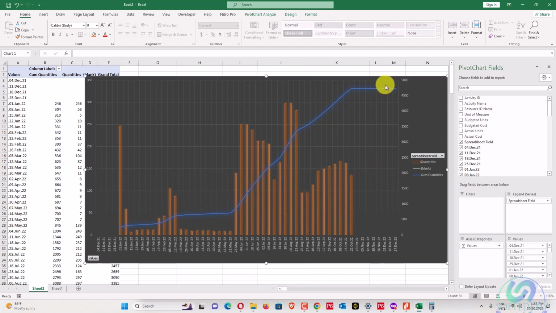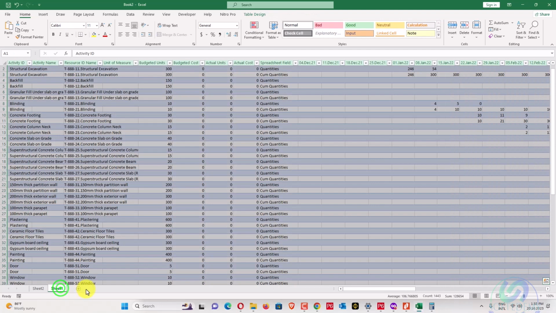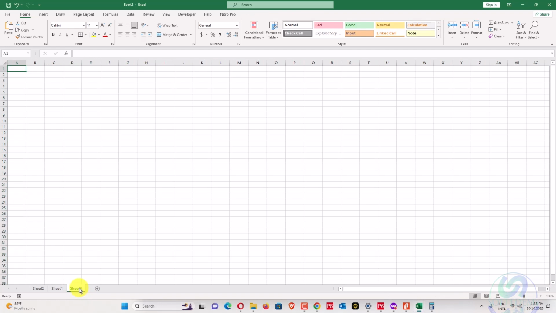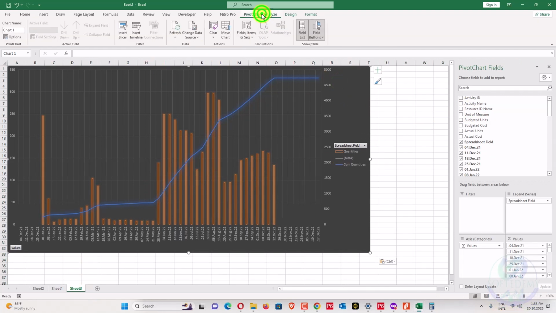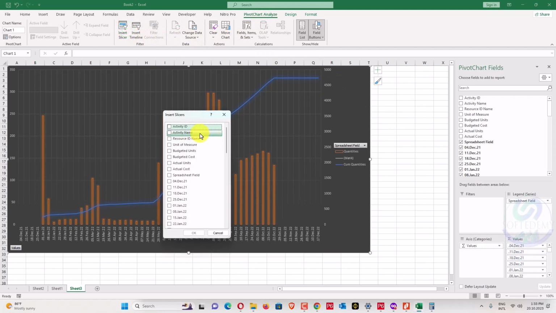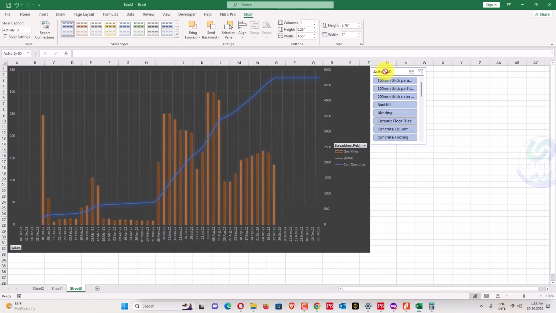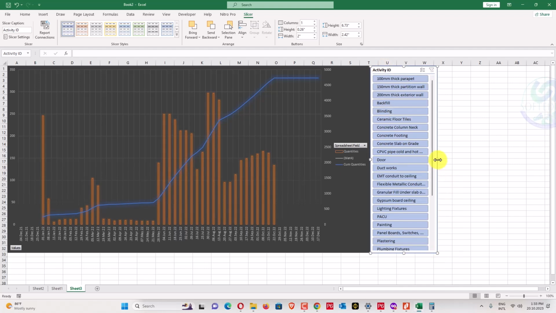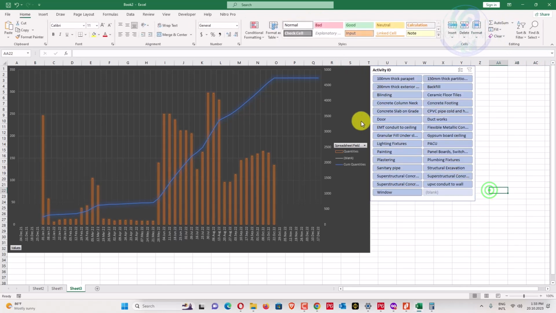The chart will be drawn here like this one, and what we have to do, we'll cut this one and paste into a next sheet here. And now what we'll do, just click this one, and on pivot chart analyzer we will insert a slicer from activity IDs. Press OK. So here you will see a slicer from where you can just select this one, like I will add here 2 columns for that one. So here we have all my selected commodities.